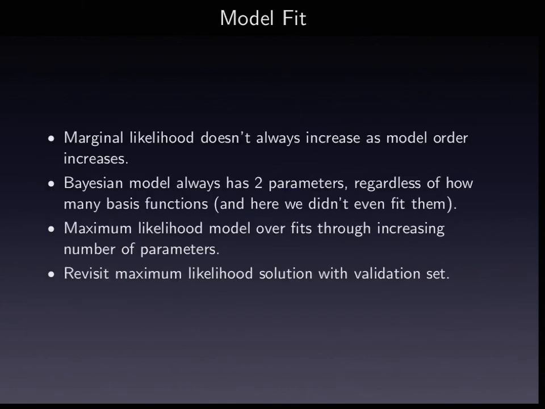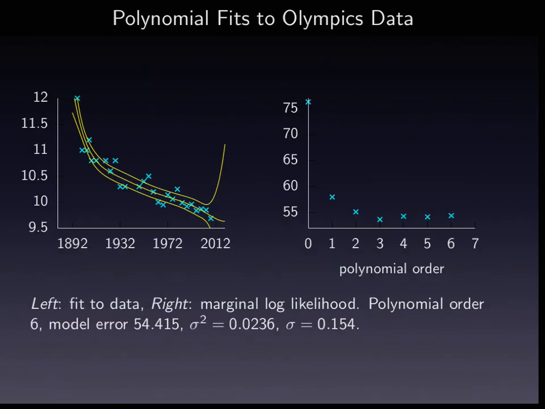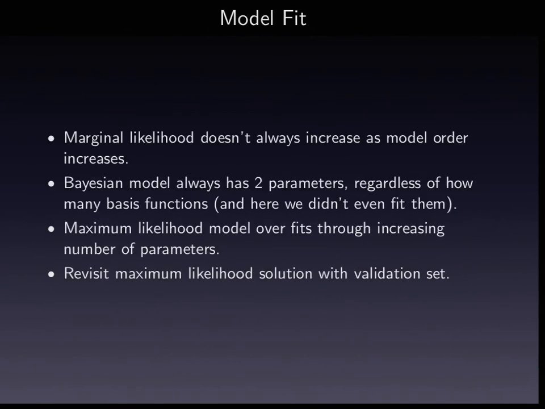So the marginal likelihood doesn't necessarily always increase as the model order increases. So the negative marginal likelihood got larger, but the marginal likelihood would have been getting smaller as we increase the model order here, unlike the training error. So we can use the marginal likelihood for model selection. And the reason is the marginal likelihood has this form. Once you've got rid, so we haven't proved what the marginal likelihood is,